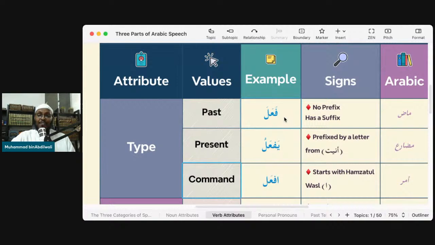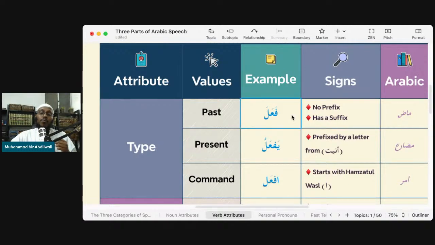We have the verb fa'ala. Normally they use this word as a template, as an example. It stands in for different verbs. So we just have the word fa'ala, which means to do. Now fa'ala is past tense, and the present tense is yaf'alu. So what's the difference between fa'ala and yaf'alu? Well, fa'ala is past tense, yaf'alu is present tense, but